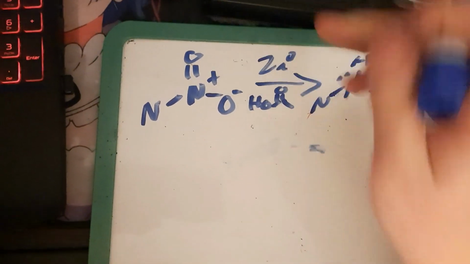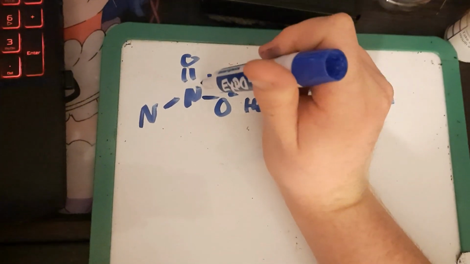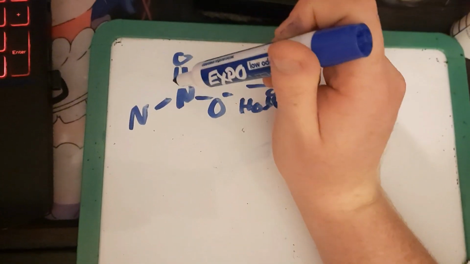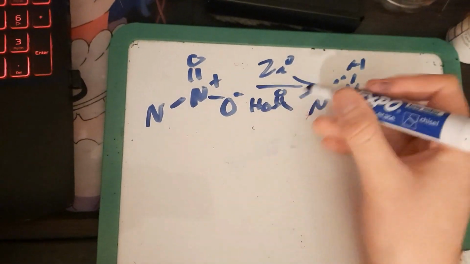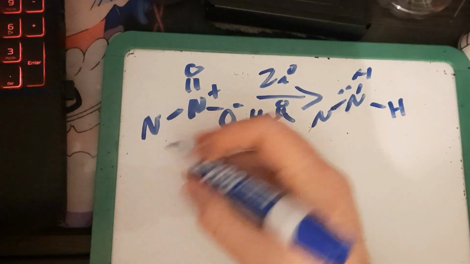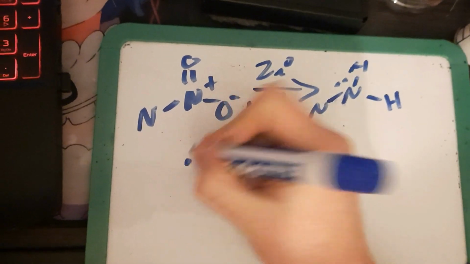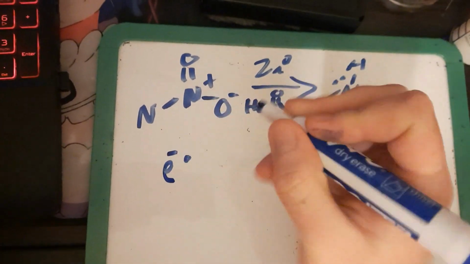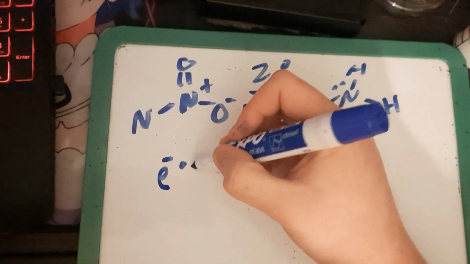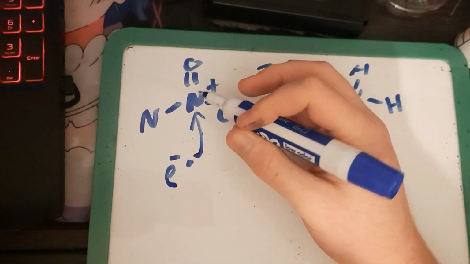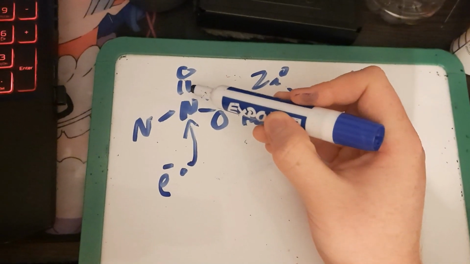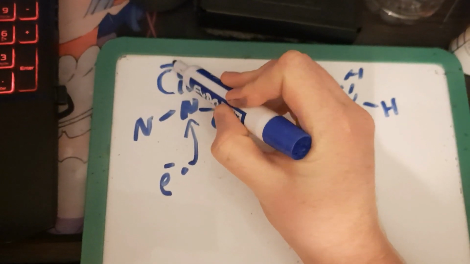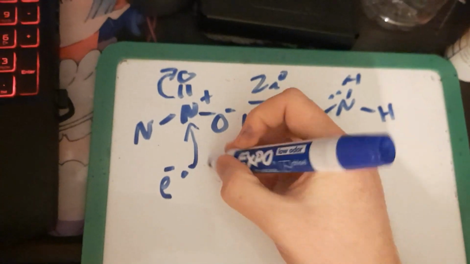And if you look at it, this nitrogen has a positive charge. And in the presence of, let's say, a metal, what actually happens is that an electron comes, just an e minus, and it gets absorbed into there. And this double bond of the oxygen gets sucked into there, forming